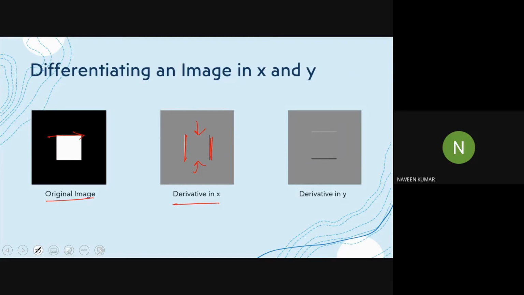But if we see the derivative of y, it has detected the top and the bottom edges, but not these edges, because there are no changes in this direction at this point.